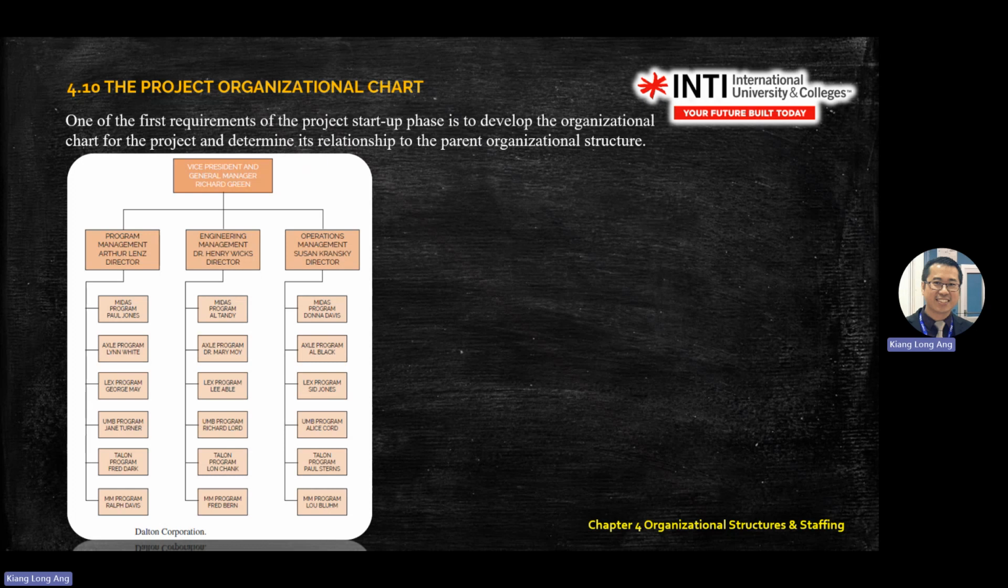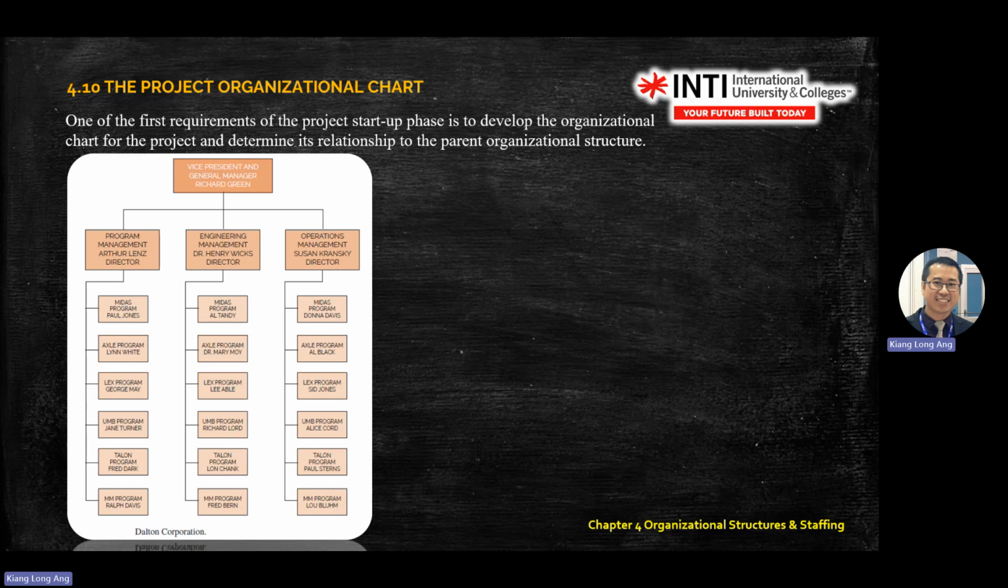Okay, so this is for the project startup phase. So you have something like this. You have the GM, project management, engineering management, operation management, director. Then you go to all the staff here, right? So here you see this one is Delton Corporation. You have a lot of